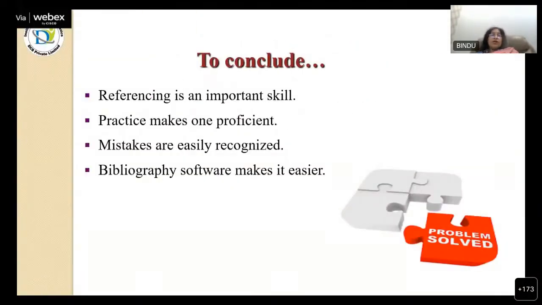Now, to conclude, referencing is a very, very important skill, and practice always makes one perfect. The proficiency in writing the references will come only with practice. You publish 1 or 2 articles, you learn something; you publish 10 articles, you are more thorough with things. And if you publish 50 articles, I am sure that writing a bibliography or a reference is never a